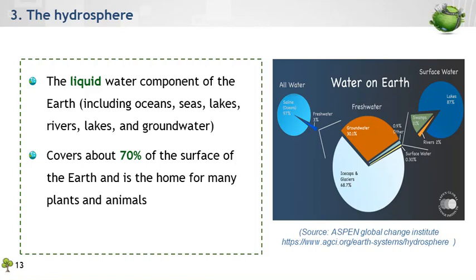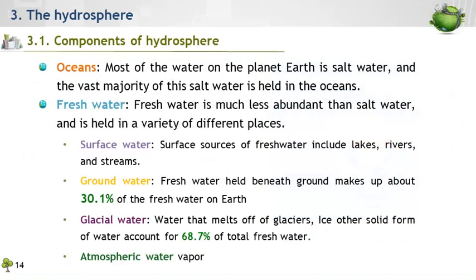As part of the climate system, water plays an important role in regulating global weather and acts as a cooling engine for the regional climate. So all the water in its liquid form is a component of the hydrosphere. This includes the salty water of the ocean and sea, which accounts for about 97% of the total water on Earth, and the freshwater system, including surface water, groundwater, glacial water, and atmospheric water in the form of